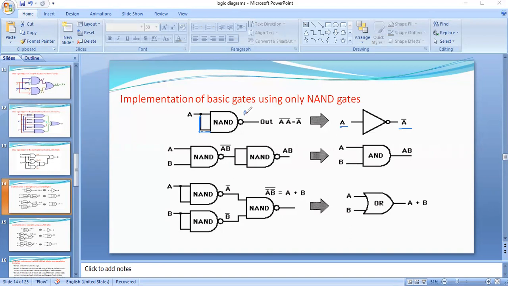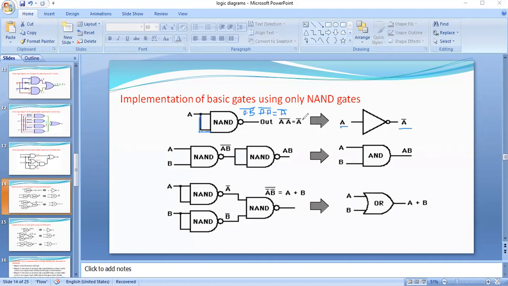So we know that for the NAND operation, if the two inputs are A, B, what do we have to write as output? A dot B whole bar. But here both the inputs are equal, means A is equal to B. So what we have to write? A dot A whole bar. From the AND law, A dot A is equal to A, and keep the bar as it is. See here, if both the inputs of the NAND gate are shorted, the output is equal to the NOT operation.